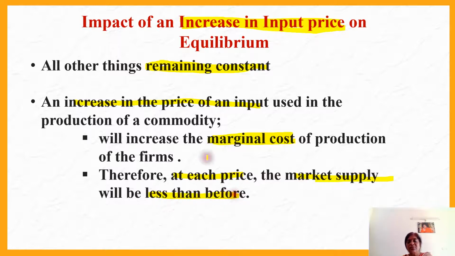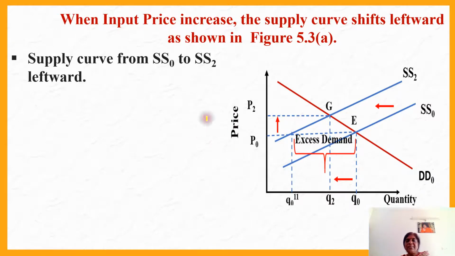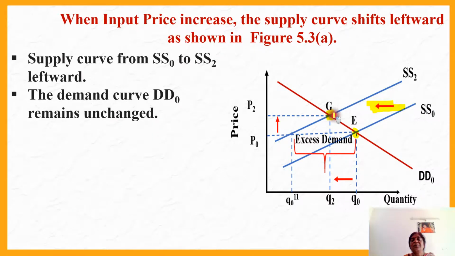We can explain this with our diagram 5.3a. You can see the supply curve SS0 moves to the left when the input prices increase. This is the diagram you have to draw for this concept to explain what happens when input prices increase. SS0 moves to SS2, a leftward shift. With the leftward shift, the initial equilibrium at E is now G. At the new equilibrium, price has increased from P0 to P2, quantity has